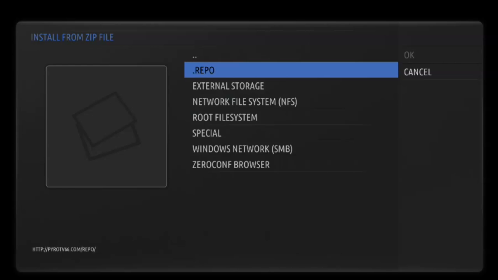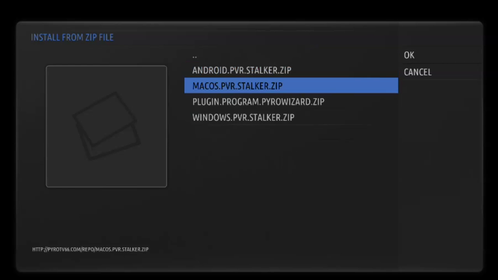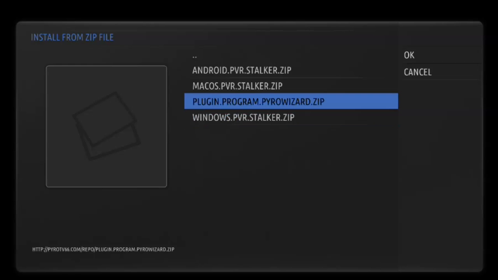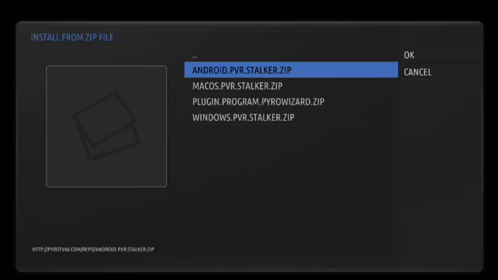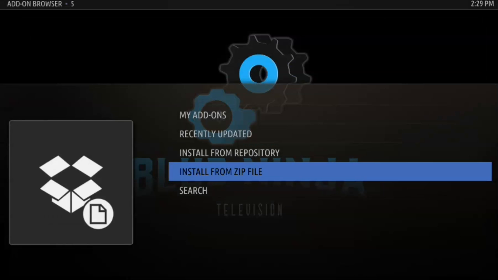We're going to go into our repo. Now you see we have an Android version, a Mac version, and a Windows version. So no matter what version or what device, what platform you're using, if you have Kodi, you can install our build in our wizard and then activate live TV on the Mac, Android, or Windows platform. So we're going to click on our Android PVR and we're going to let that run and install. When it does, all we have to do at that point, because we need to have the TV guide data